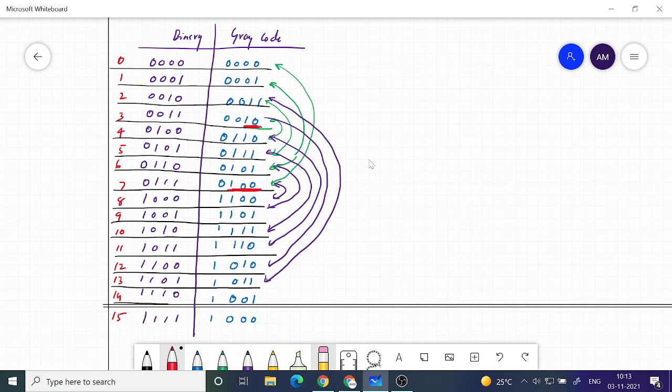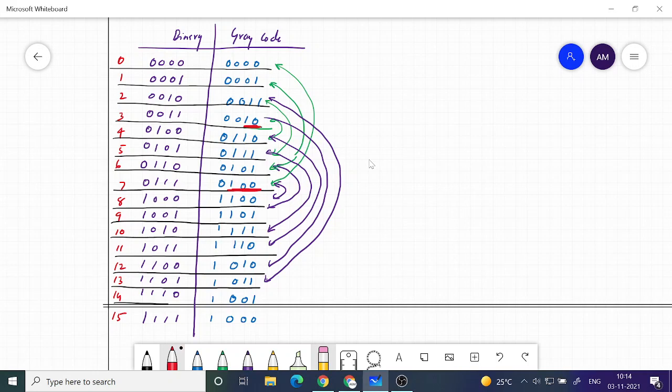So for 0 0 0 1, I cannot change the least significant bit because it will generate the first code. So I try the next bit, so it became 0 0 1 1. Now again I am only allowed to change a single bit. So I try to change the least significant bit, so 1 became 0. I get a code 0 0 1 0, which was not there in the first 3. So that is a valid code.